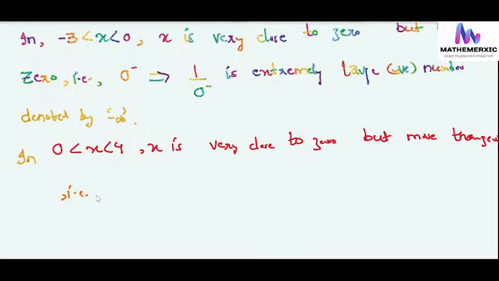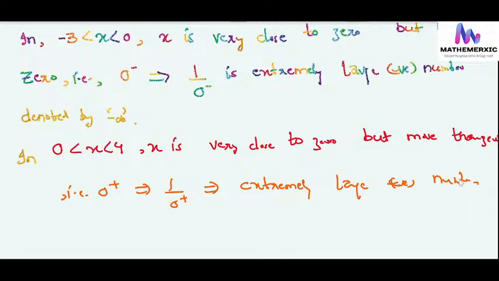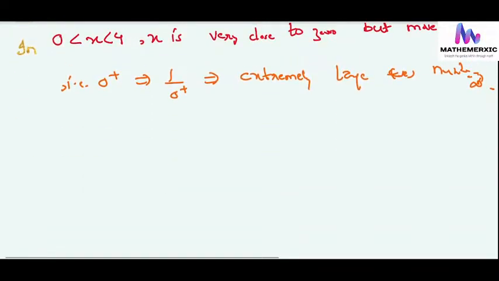That is 0 plus, so 1 by 0 plus is a very big number, resulting in an extremely large positive number, and it is infinity actually. So we can say a few things here. Finally,